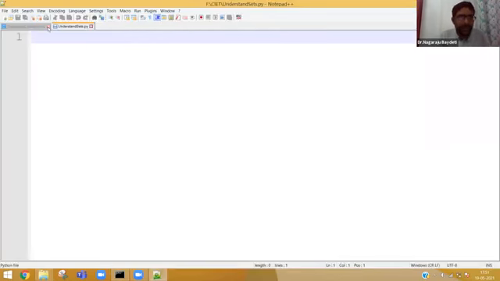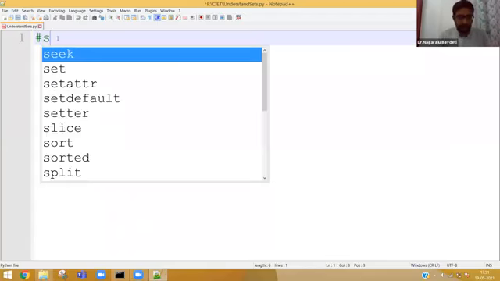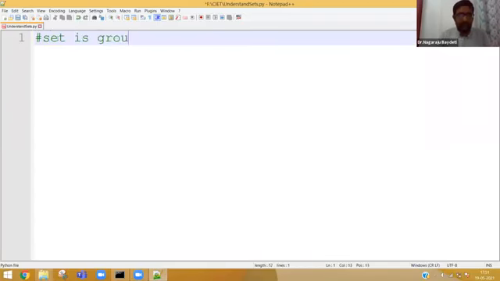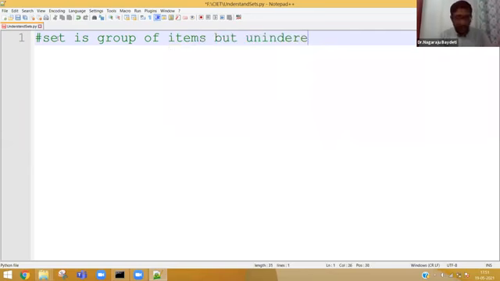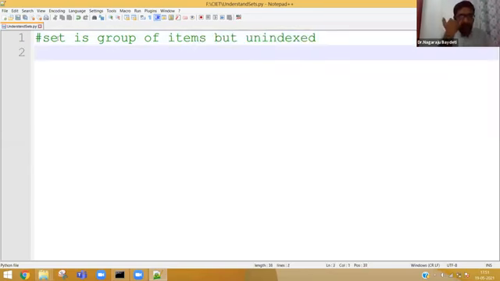Set is unindexed in Python. Set is obviously a group of items, but unindexed. This one line is enough to make you understand. That means you cannot perform index-based operations like list, tuple, and dictionary.